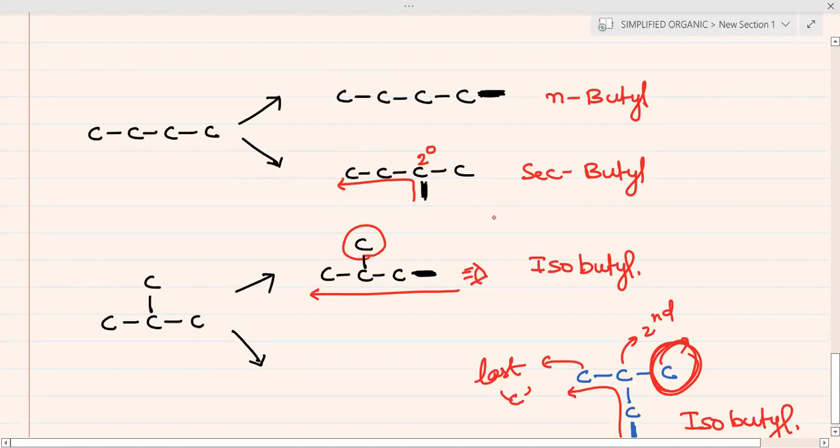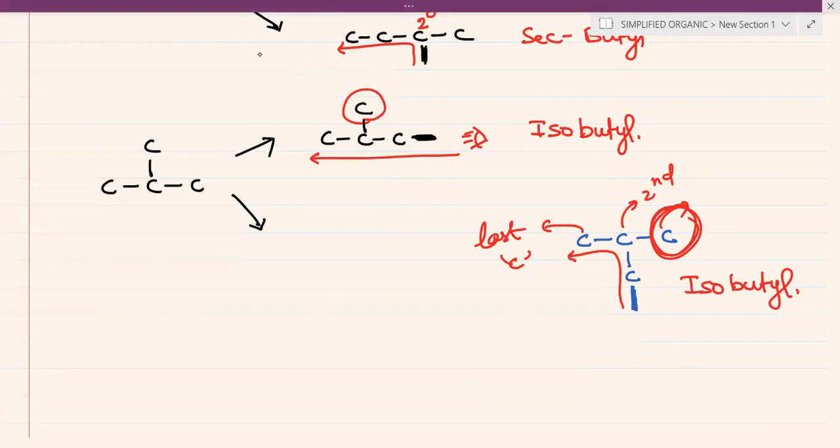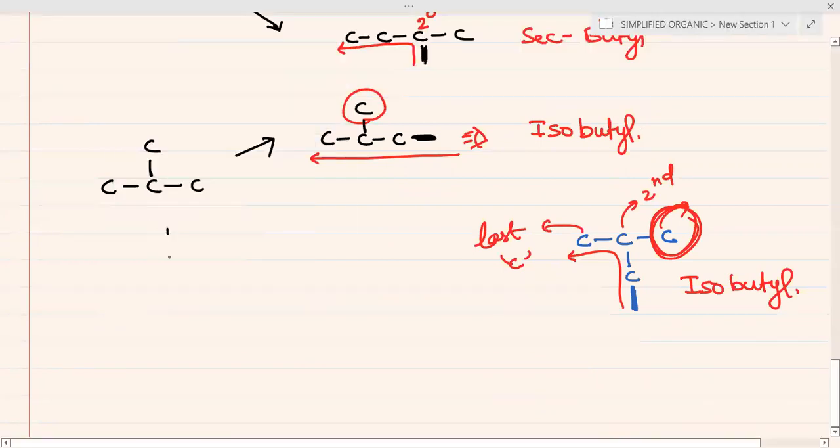So secondary butyl is not isobutyl. I hope this is clear to everyone. Secondary butyl is not isobutyl. Now let us make another branch of this. For example, if I make a branch from this direction,